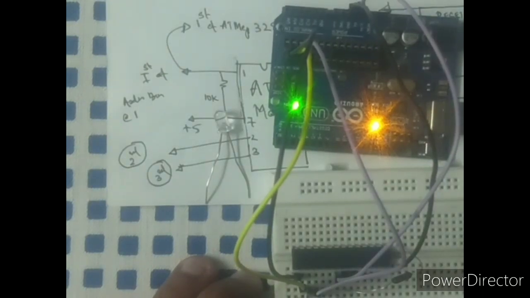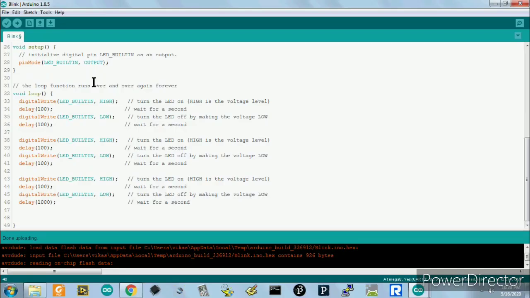Now we'll see the coding portion. I have opened the blink code here. Instead of just taking the routine blink code, I have made 2-3 extra blinks and a 1 second delay at the end.